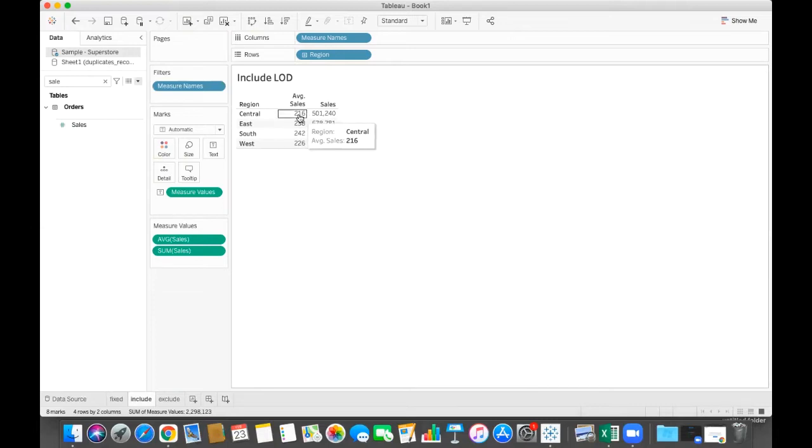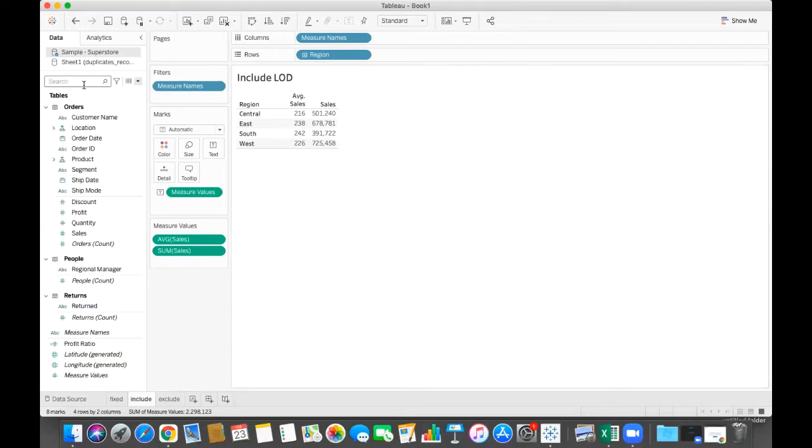Average sales is calculated based on the number of records present within the central region. Sales within that particular region is divided by the total number of records within that particular region. If we want to see the number of records,